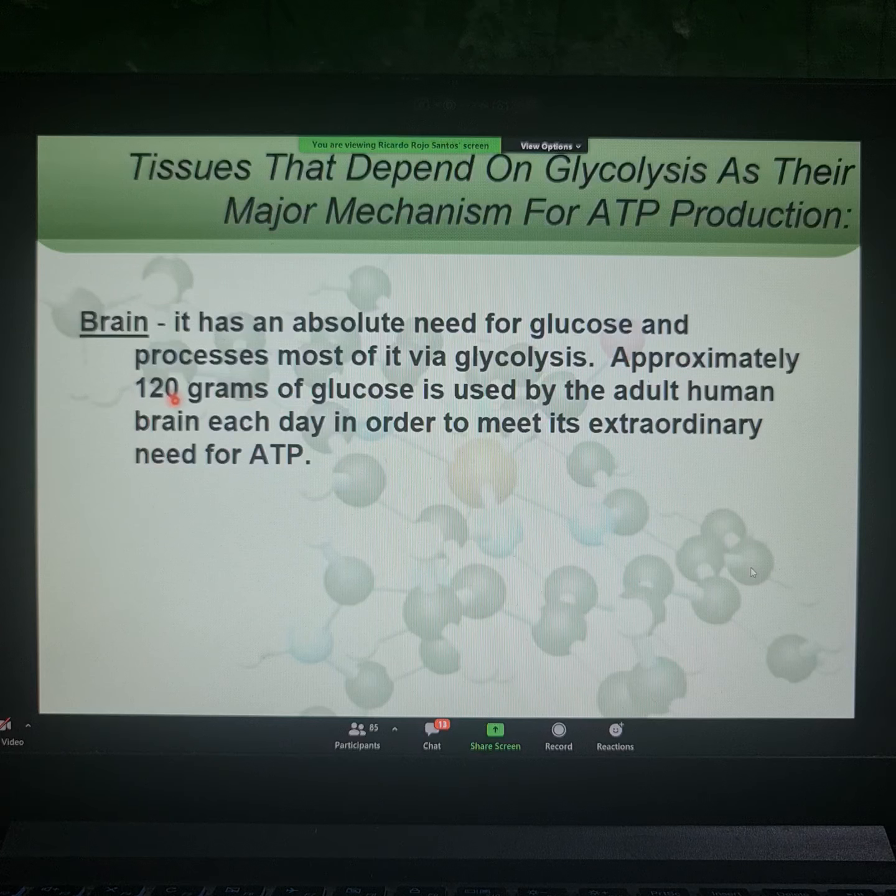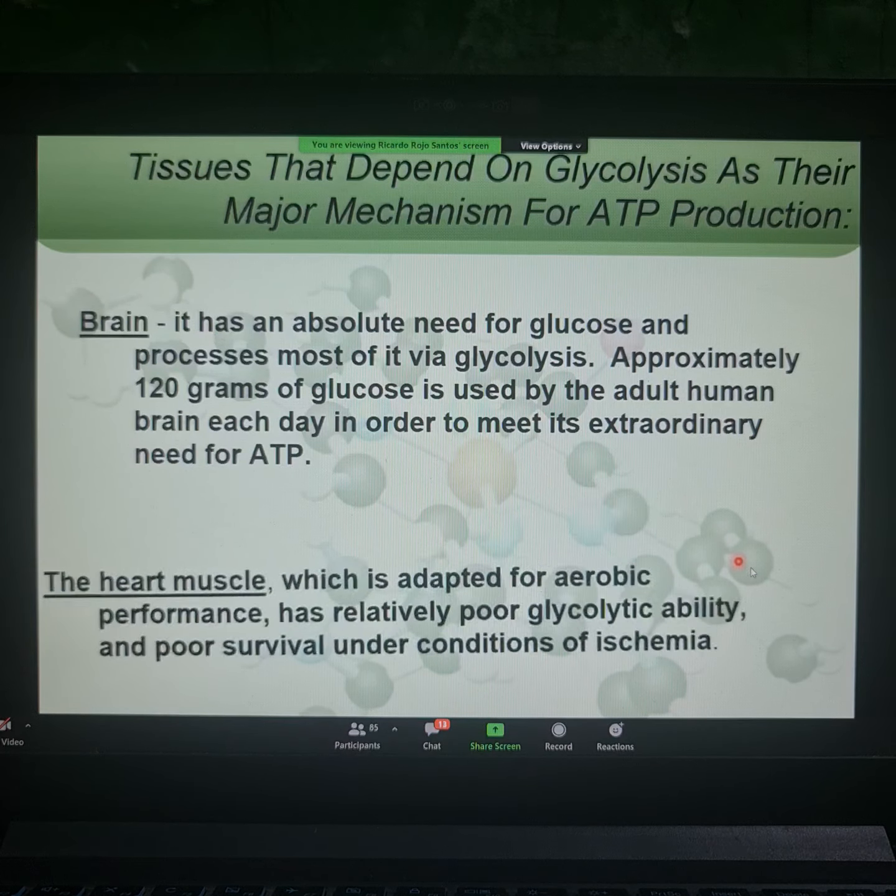Approximately, look at the number, 120 grams of glucose is used by the adult human brain each day in order to meet its extraordinary need for ATP. I don't think I have to overemphasize on that. Okay? Now, the heart muscle